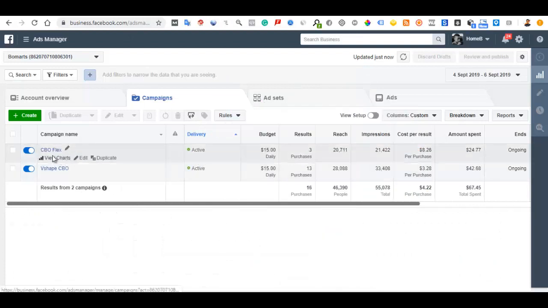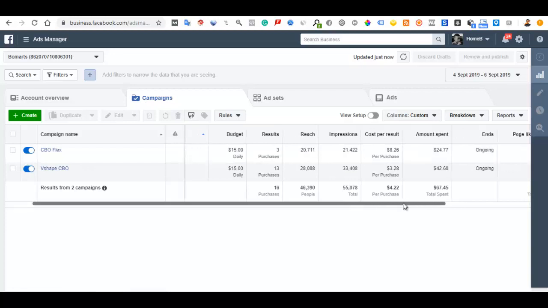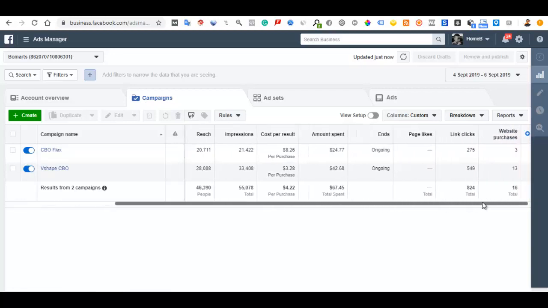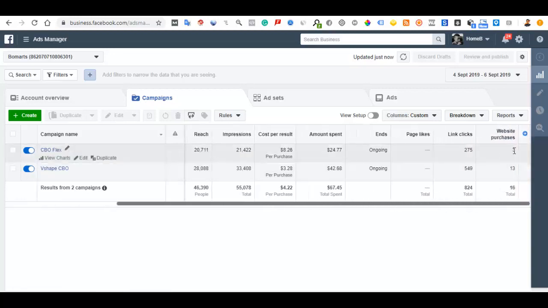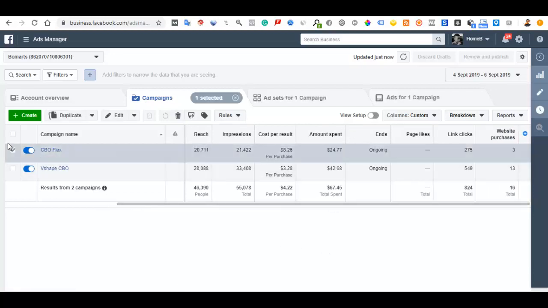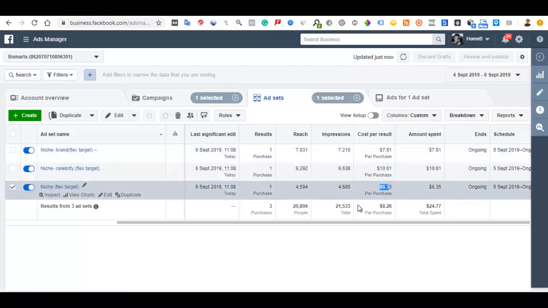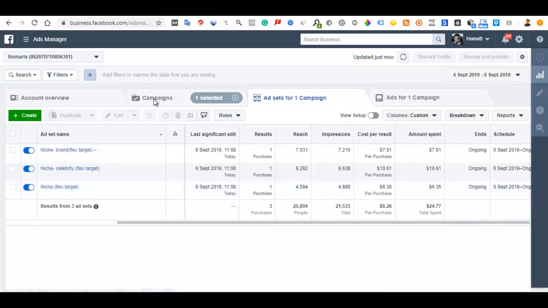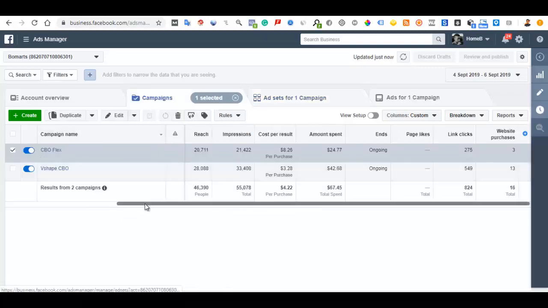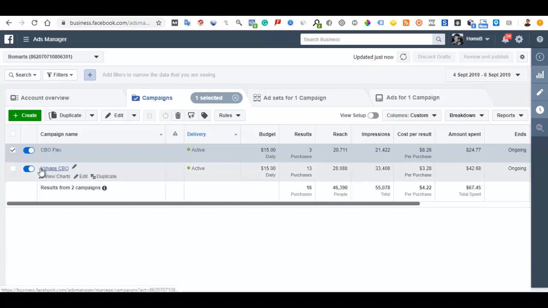What I've seen here is that this CBO campaign is not really performing well. It's over 24 hours, and it only brought in 30 sales at $24 spent on it already, which is not really cool. You can see the cost per result, seeing $7, that's almost $8, 10, 7. So it's not really producing the result that I want. Whereas if we look into this first one that we had,